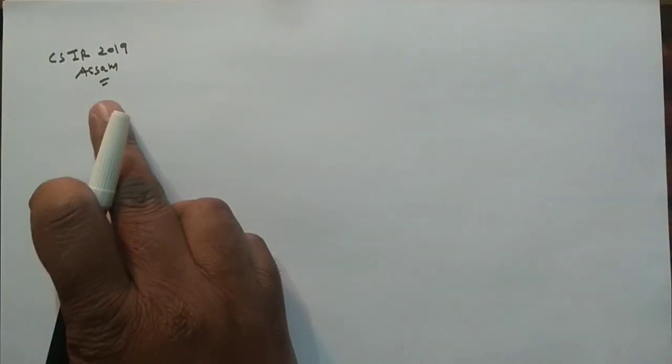And then after that, my next question is CSIR NET 2019. I think in Assam, if you remember, in the Northeast the paper had been postponed in 2019, and the examination occurred later on, and in that exam they asked a particular question, right? And they have given you 4 complexes. What 4 complexes have they given?